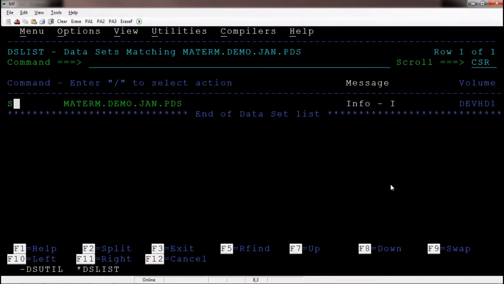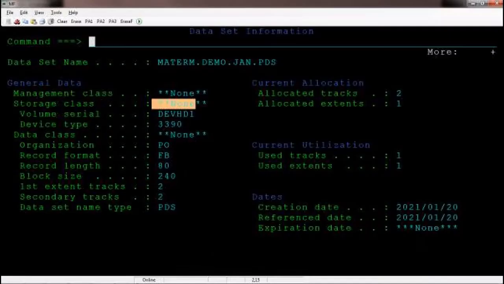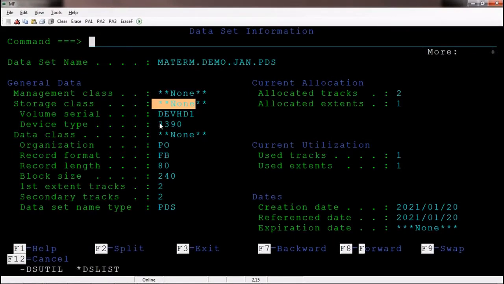S gives almost the same information, but you will not be able to see how many members are present at this moment. We can see management class and storage class, which we were not able to see when using I information. Device type, data class, organization, all these things are there. We can see creation date and reference date.